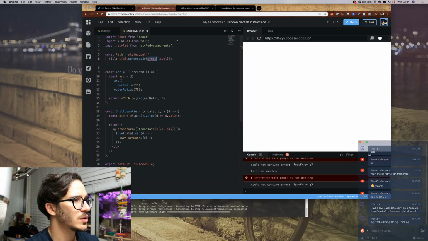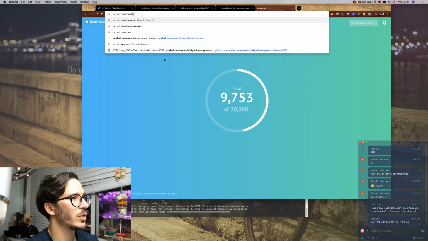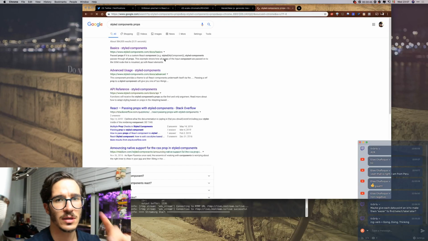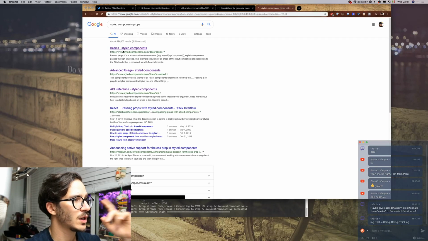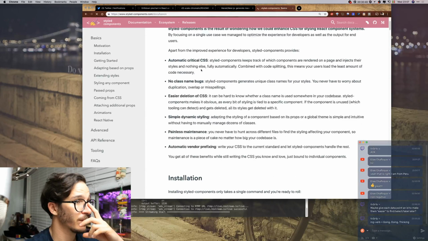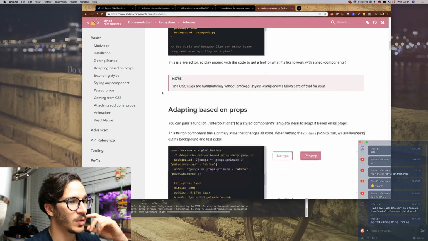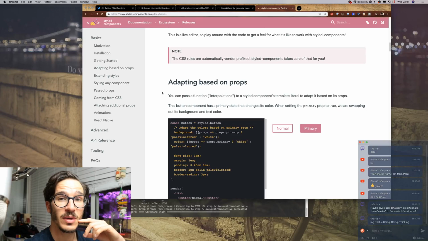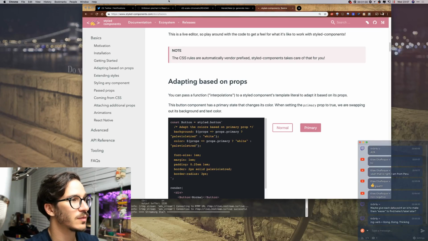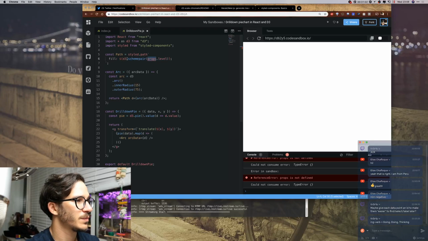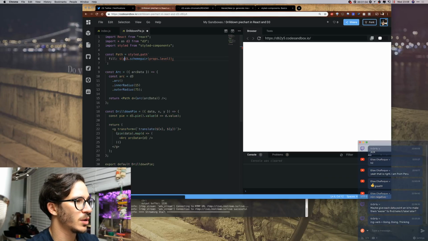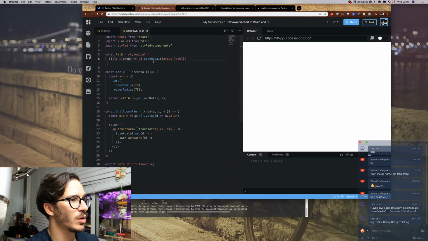So it's not props. How do we use styled components props? I know this is a thing that styled components support. I just always forget how to use it. So if you're looking at this and you're wondering why I'm looking so many things up, please know that it is okay to look a lot of things up. So props function. Props dot